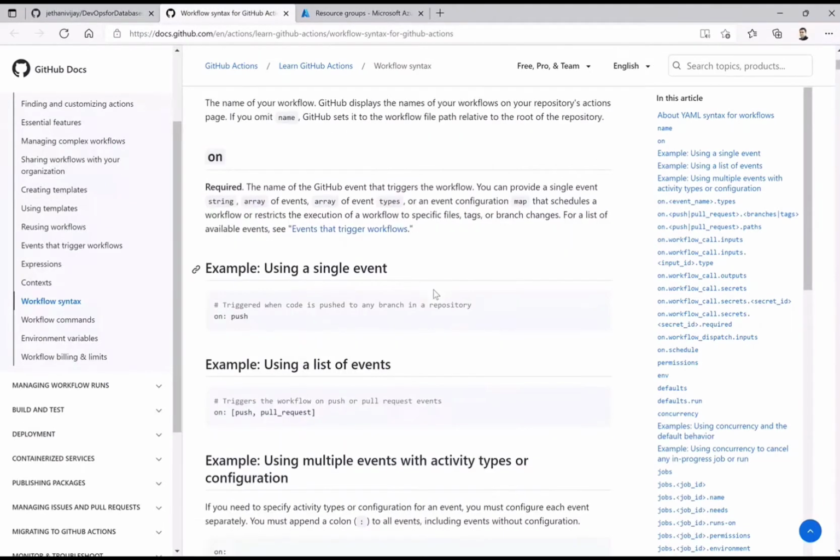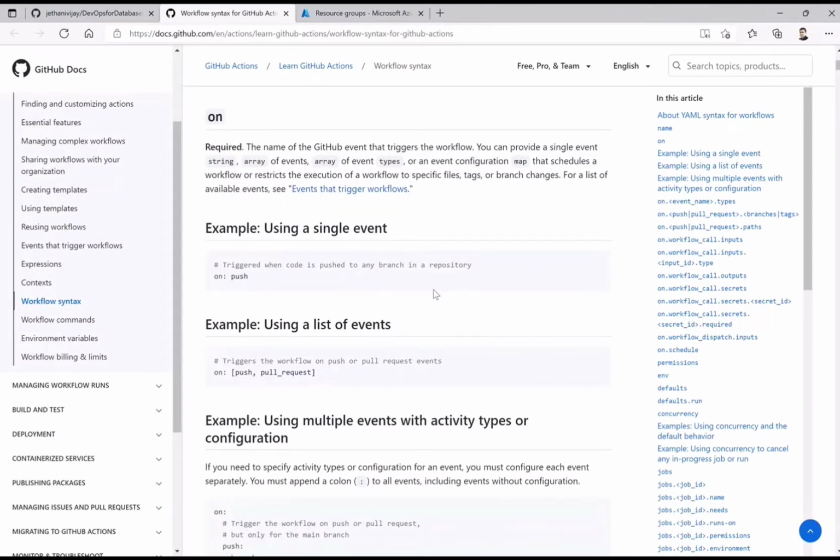On push, this triggers the workflow to run based on the change event for that particular file. There is also a scheduled trigger, which is a kind of maintenance work we often do at respective times or days. That can also be a trigger.